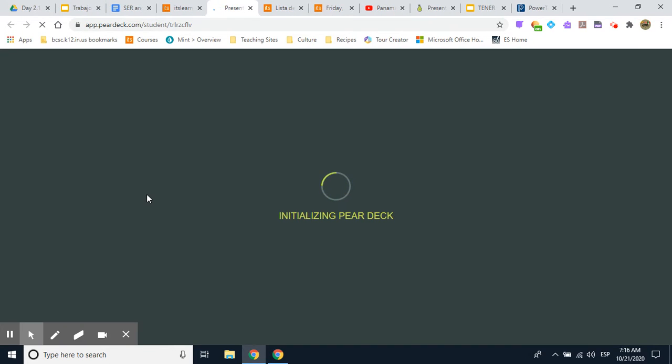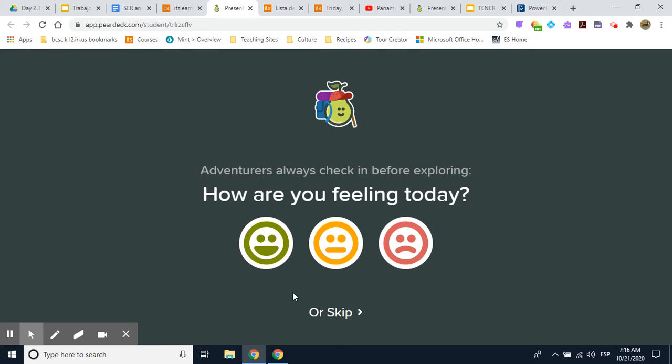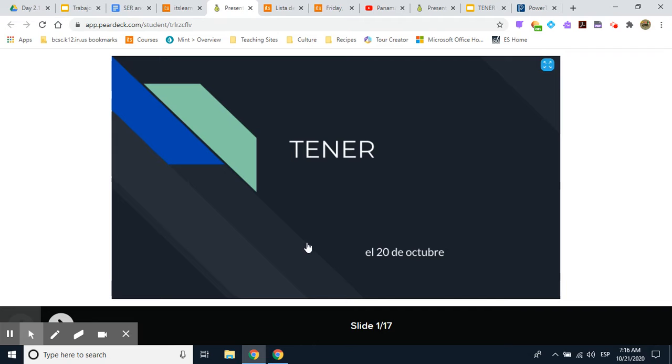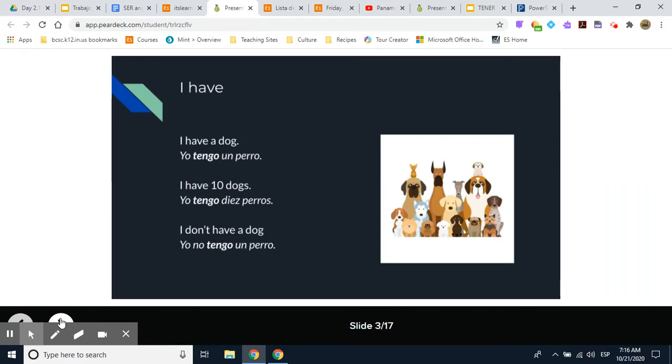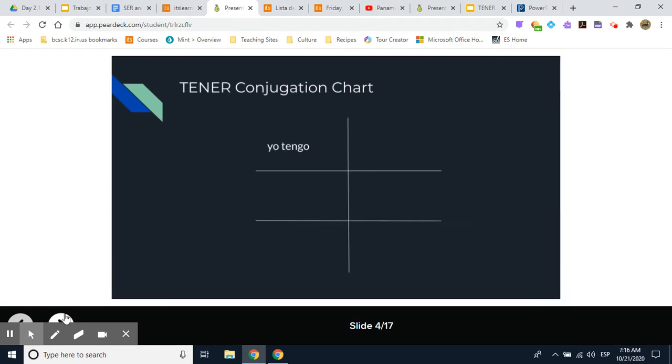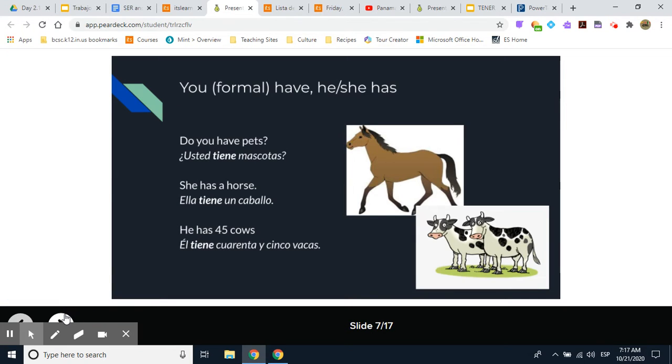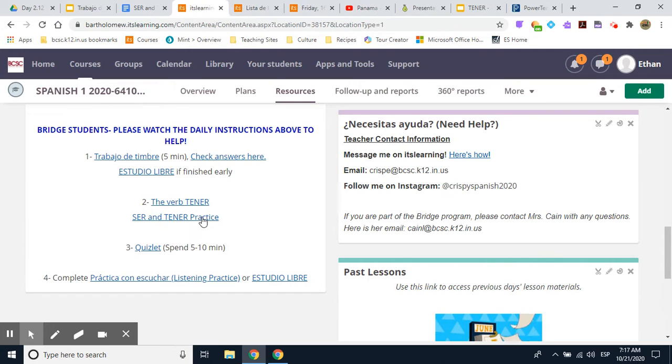And then we want to click this link. This will get us to a Pear Deck. We've done a couple of these. We can just skip that. And so you can navigate and make sure you get down our conjugations. Those will be the ones in bold, and it'll update with each new conjugation. Okay, and then the last 3 slides, there are some review questions that I want to see some answers for. Okay, and then we do have